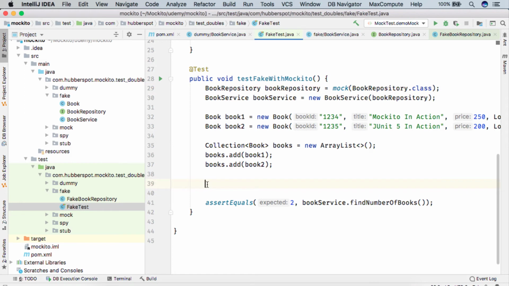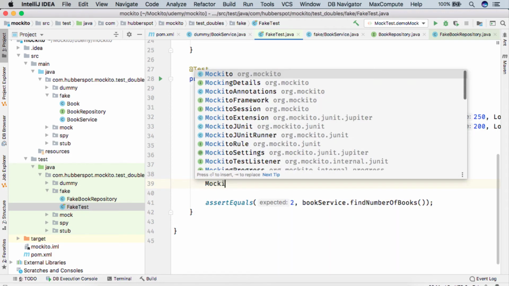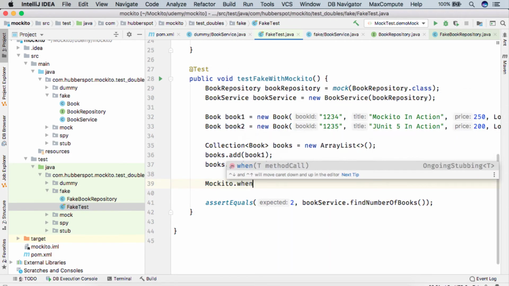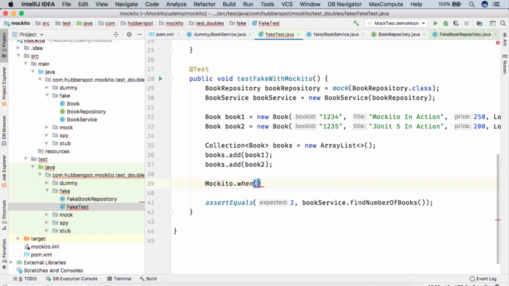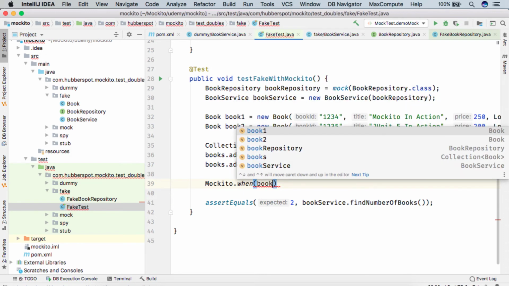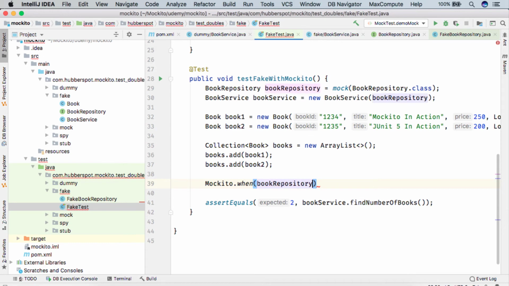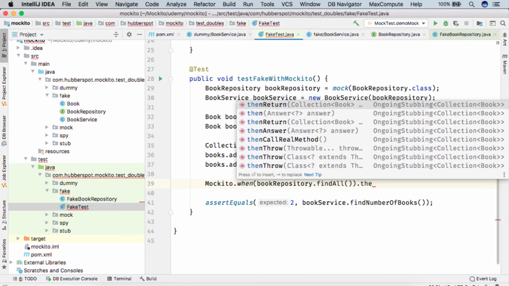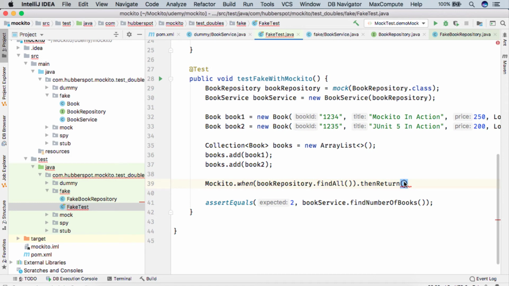So we can tell the mock by using two of its methods, when and thenReturn. So Mockito.when. Now here we use when. What we do is we say when the bookRepository.findAll method is called, then return the collection of books.